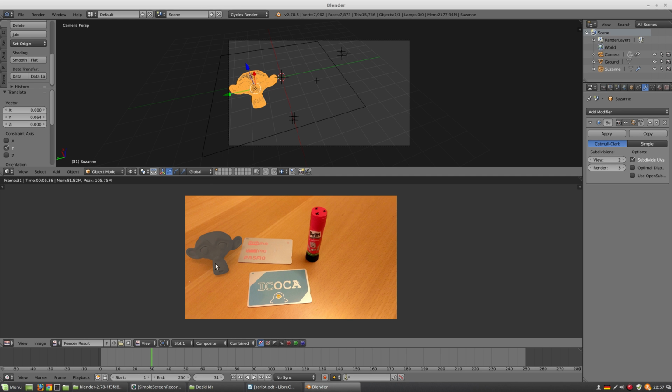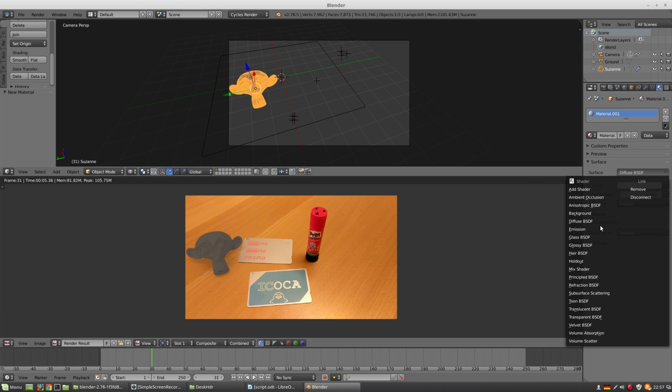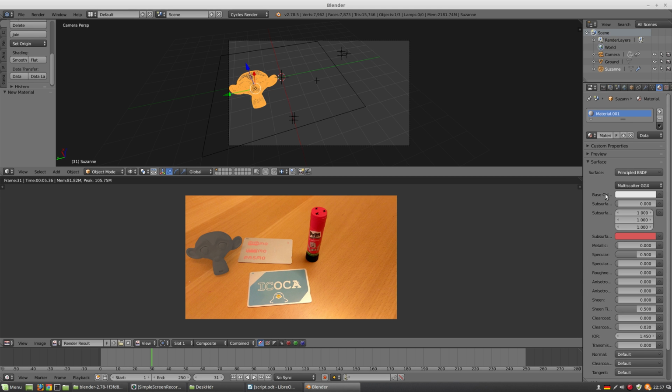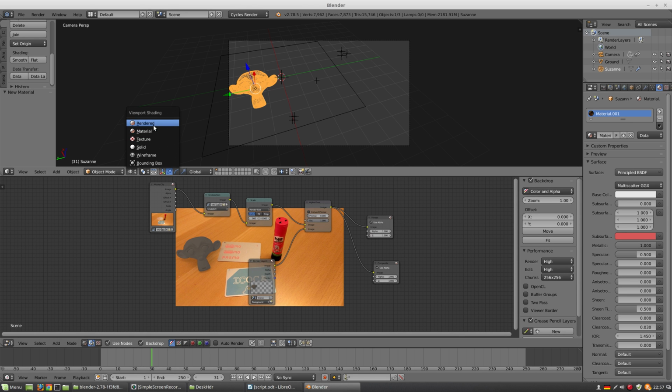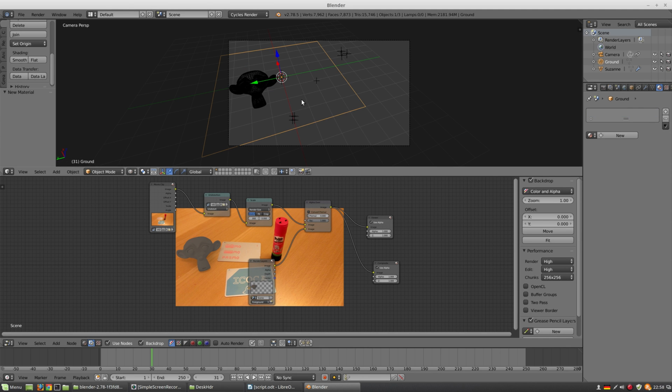But now let's also make it glossy. So now we come to the next nice feature. And this is the new Principled BSDF shader. So now it's very easy to just make it metallic. Maybe let's go to render so you see what's happening here. So now that we make it metallic, you can actually see that this stuff is useful. But you can see there's this gray plate underneath it. We don't want that. So let's go ahead and make this